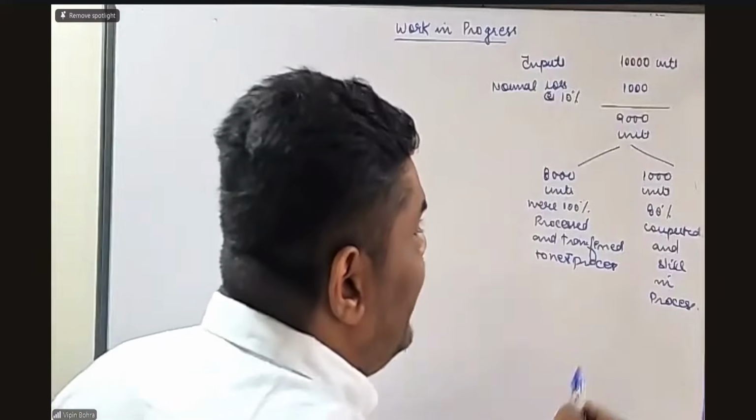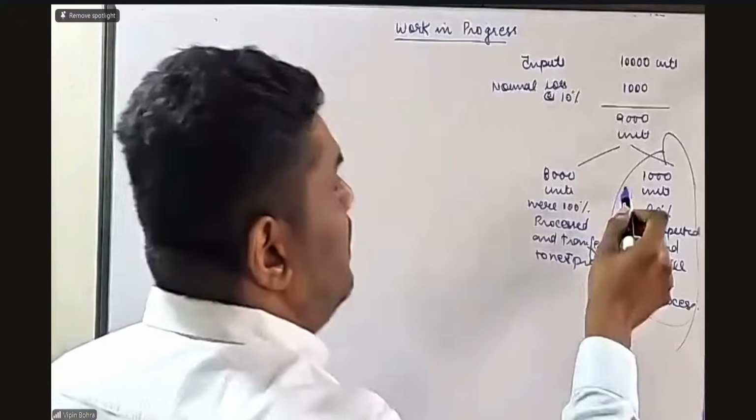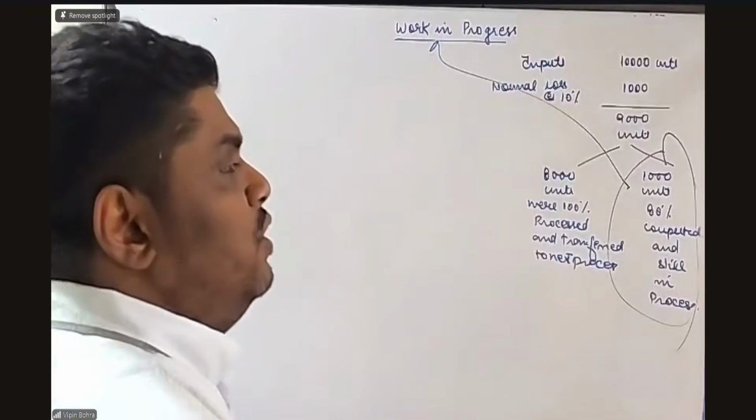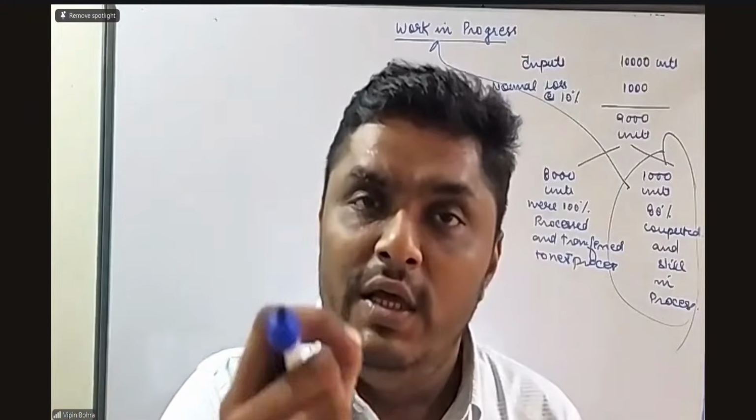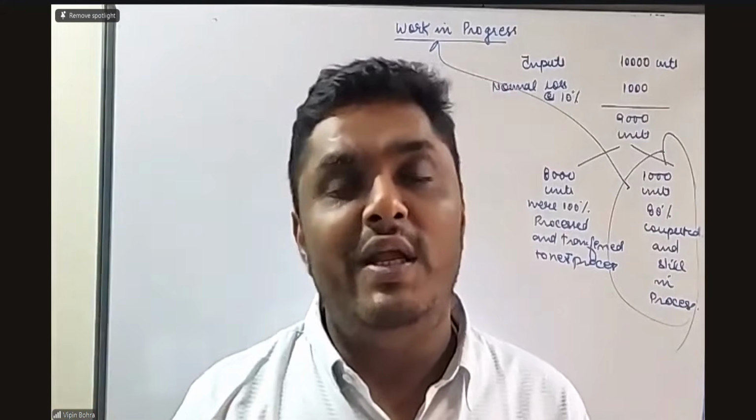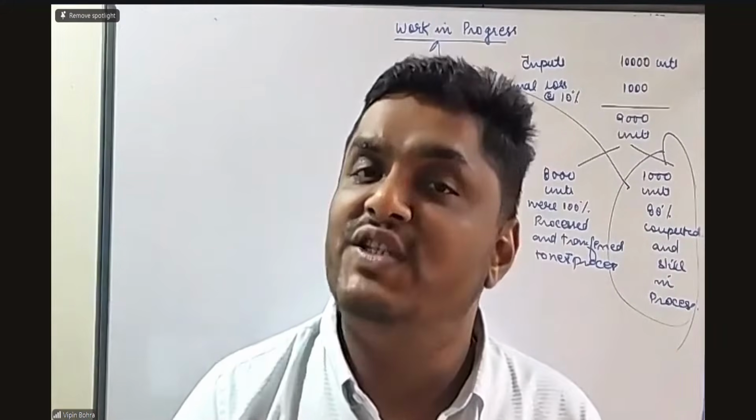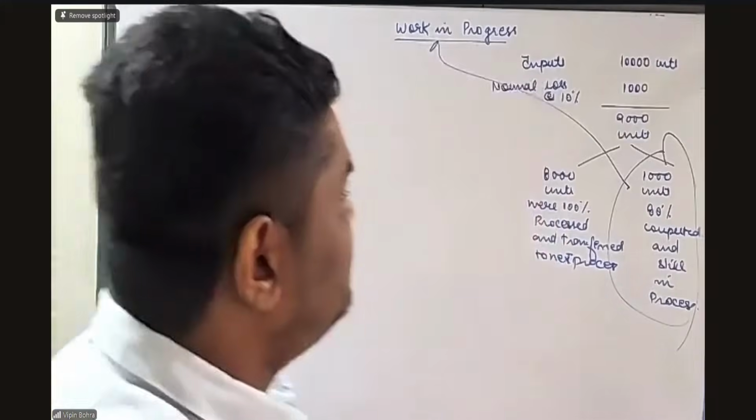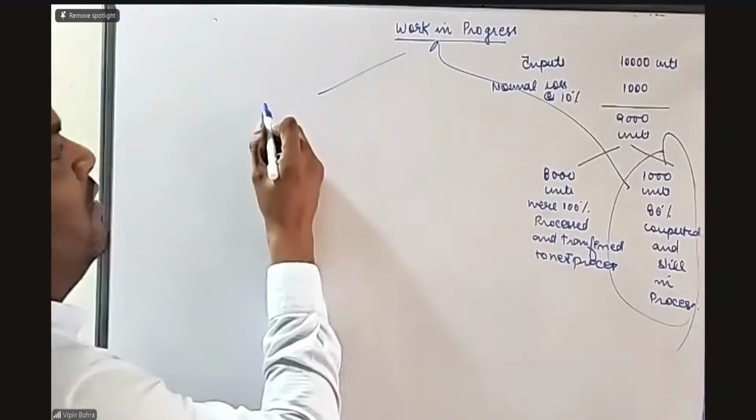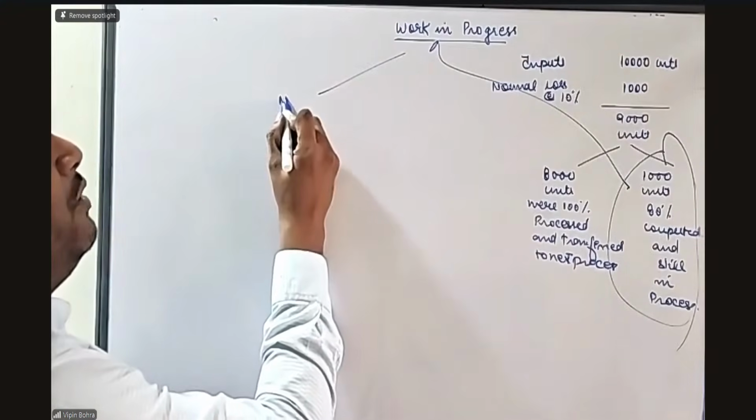So these 1,000 units are what? My work in progress. So what is work in progress? Inputs introduced into the process but remain unfinished by year end. So when talking about the meaning,